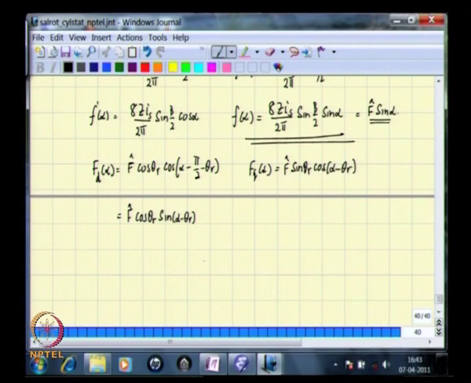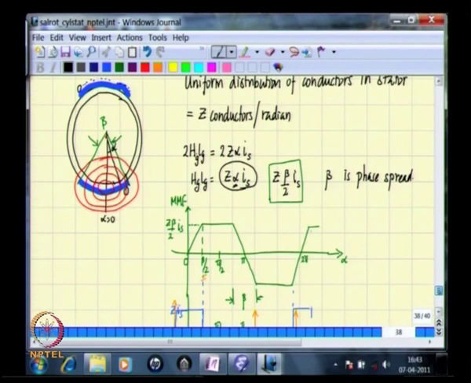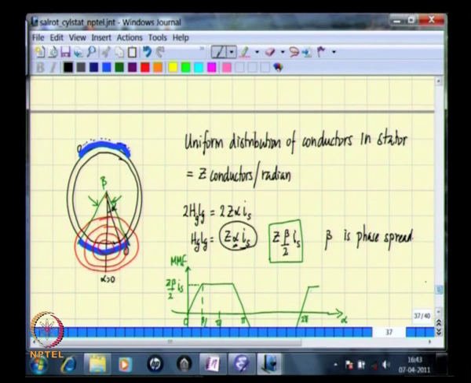What do we do with this? Now what we really have is a distributed stator winding, and we want to find out the flux linkage of this distributed stator winding, the net flux linkage of this stator winding. The approach that we will adopt for this purpose is,